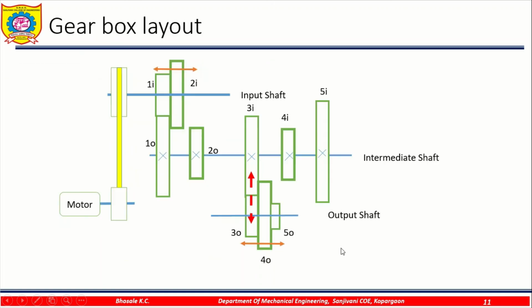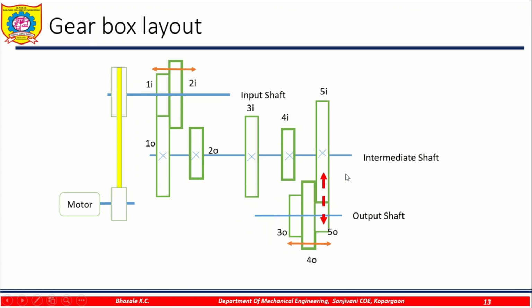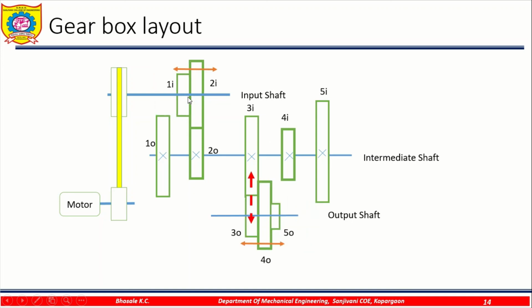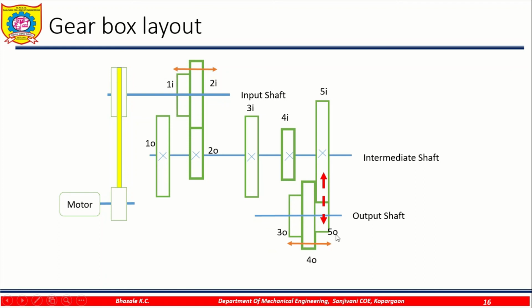Likewise with 4i and 5i, we'll get the three spindle speeds when 1i is meshing with one output. Similarly, we can slide this 2i to the right hand side, and now 2i is meshing with the two outputs, and then we will get the first speed 3i to 3 output, then 4i to 4 output, and 5i to 5. Likewise we'll get the six different spindle speeds.